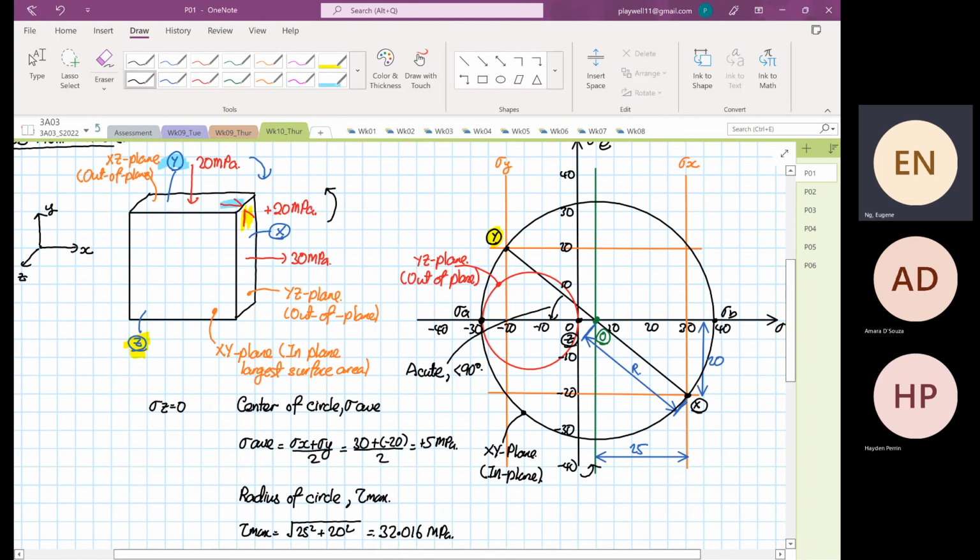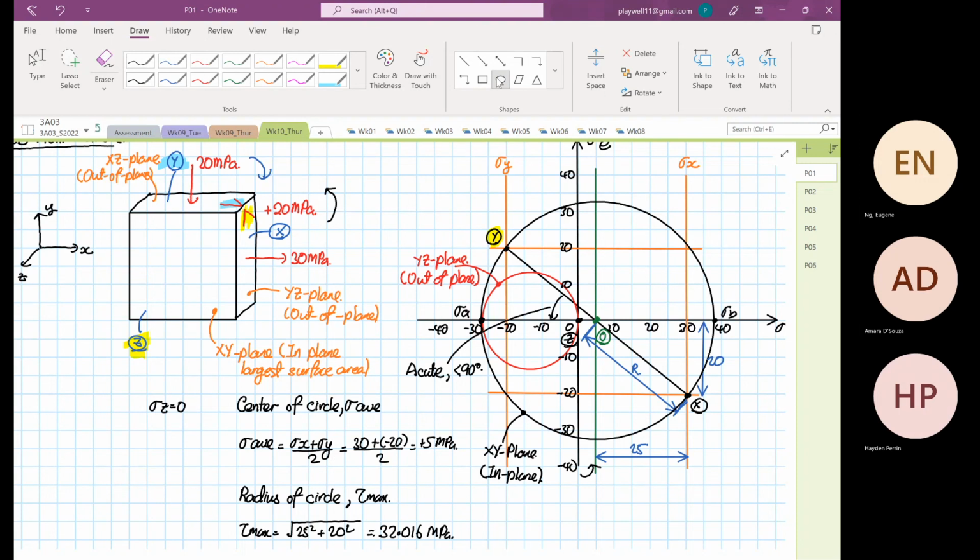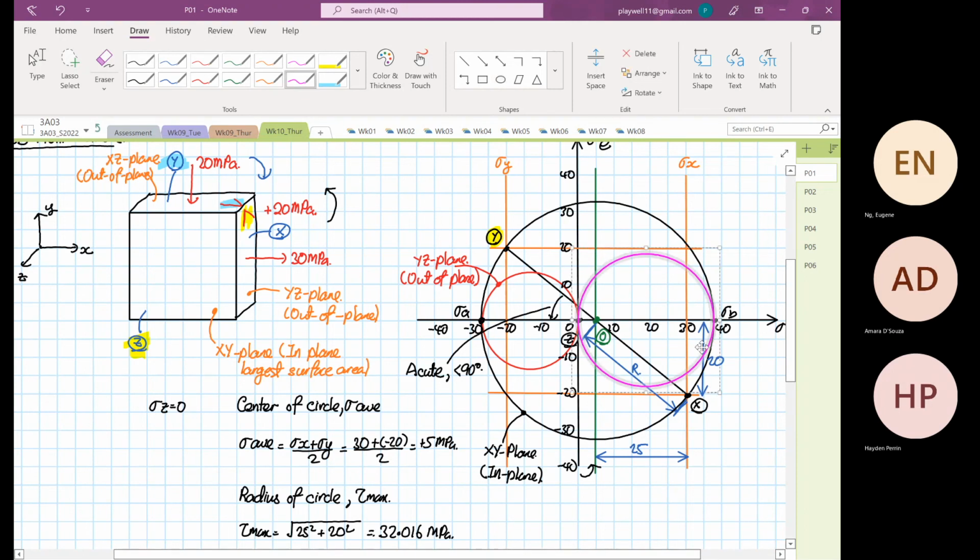And then on the other side, we are going to construct another circle. I'm going to use pink. Now this circle now